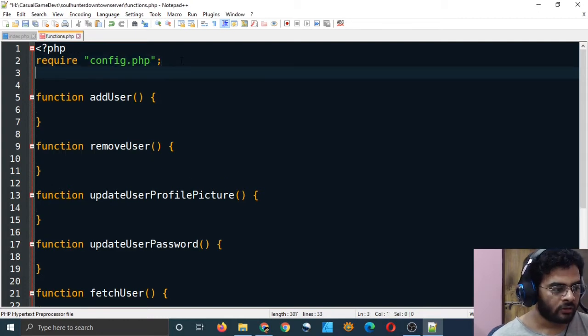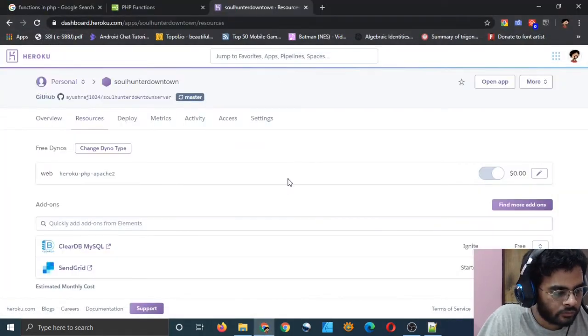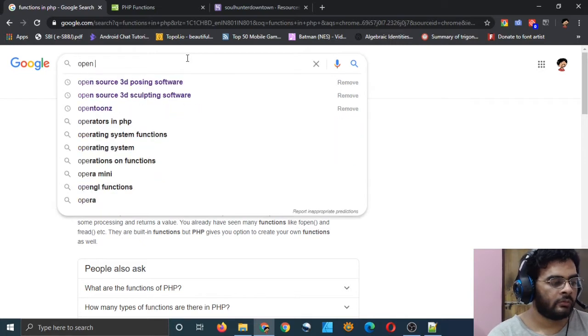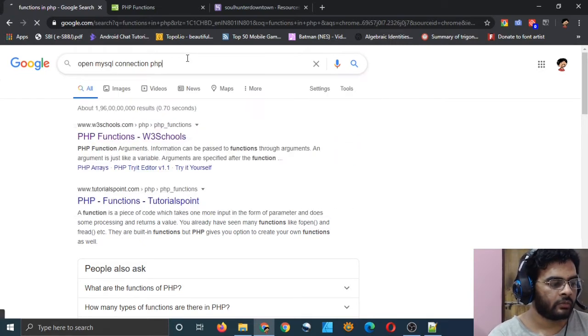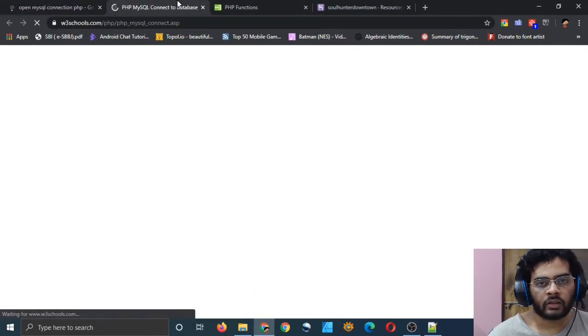So we are all set now, and now I want to open a connection to my MySQL database. How do you do that? First thing, I will just type on Google, open MySQL connection PHP, because I don't remember the exact command.